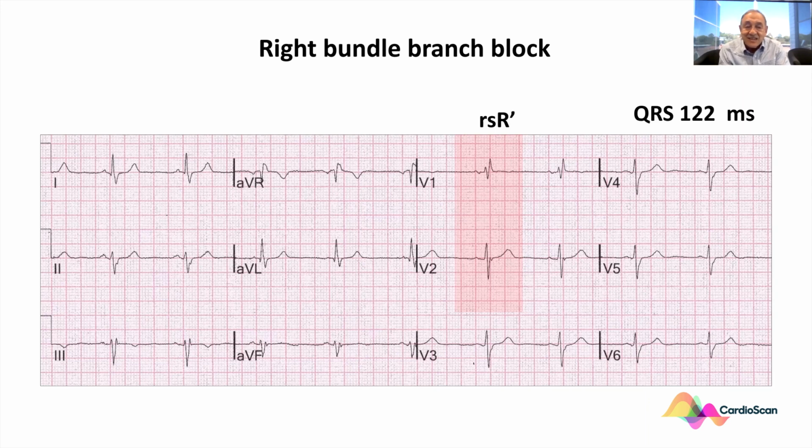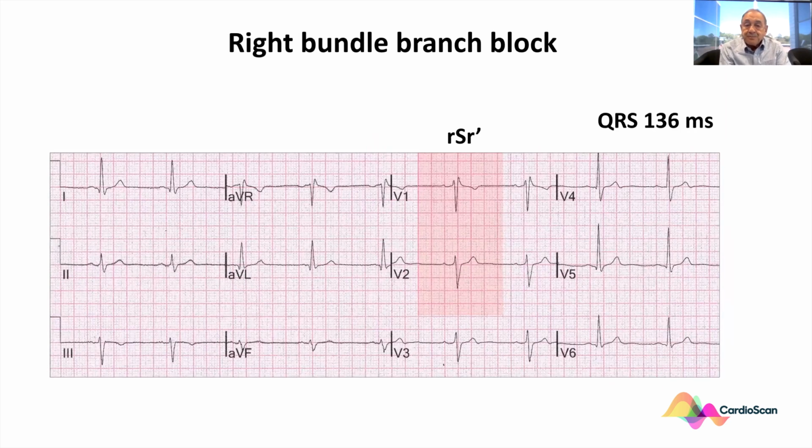But as you can guess, this is really a normal ECG. Note, however, there's also a left anterior hemiblock or fascicular block as well with the left axis deviation. Let's go a bit wider still again, and now we're at 136 milliseconds, and we're clearly into the right bundle